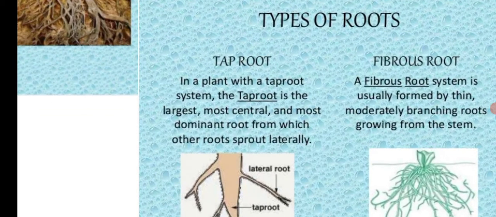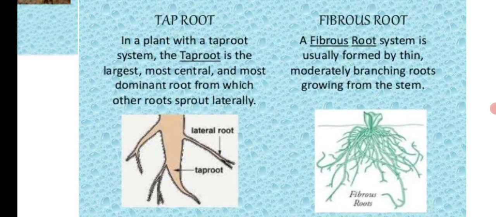Here we will study, there are two types of root. First is the tap root. Here you see the tap root. There are three types of roots present: primary root, secondary root and tertiary root, and all the roots have different thickness. And the second type of root is fibrous root. In fibrous root, all the roots arise from one place. The tap root is present in very big trees, for example neem tree, mango, and the fibrous root is present in wheat, paddy, maize, etc.